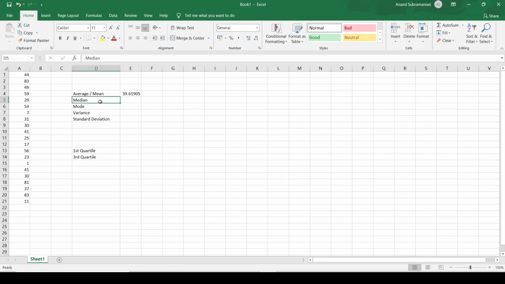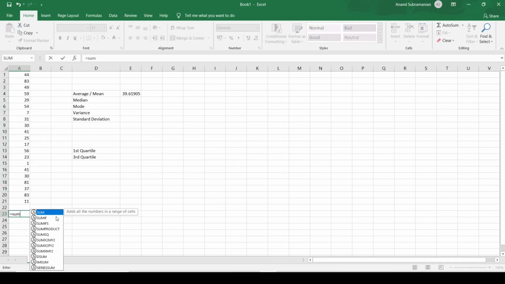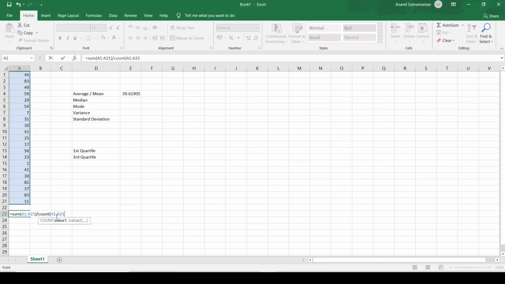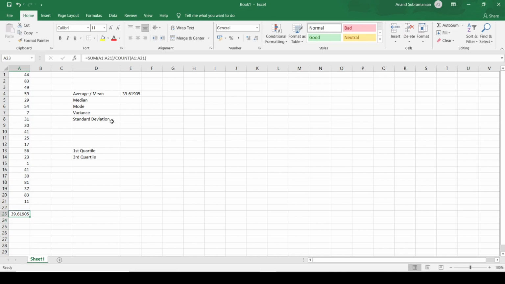To understand how we extract the median, now mean is nothing but when we take all these numbers, sum them and divide by the total numbers, we get the mean. Which means if we just do a sum of all these numbers and divide it by, I have 21 numbers here. So I can either just type 21 or I can use the COUNT function and once again select all these numbers. It will count automatically how many numbers there are between A1 and A21. If I click on enter, I get the same number as we have here. So this is how the average or the mean is calculated.